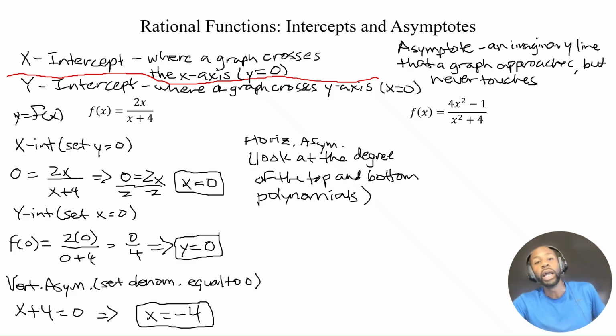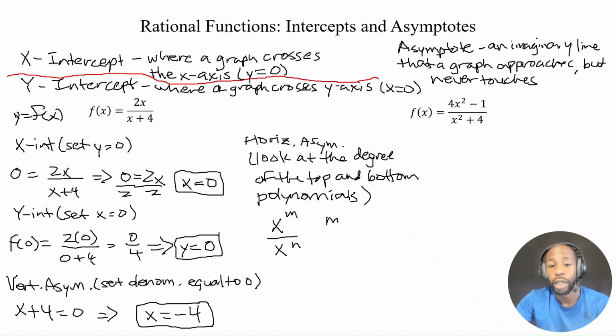Okay, so let me do it this way. Say the top function has x to the m over x to the n, and you're looking at the part of the polynomial with the highest degree on the top and on the bottom. If the degree m is less than the degree n,